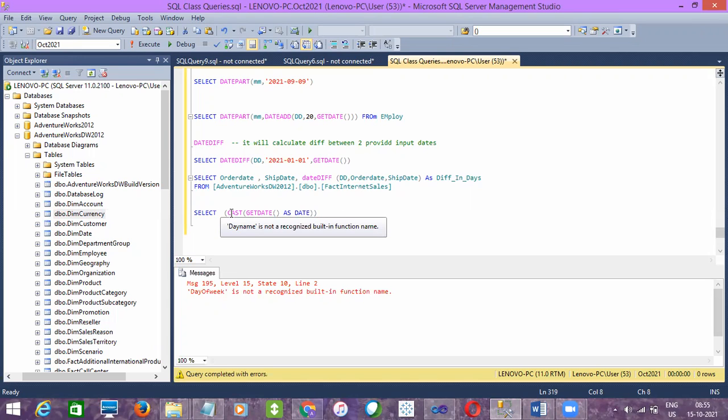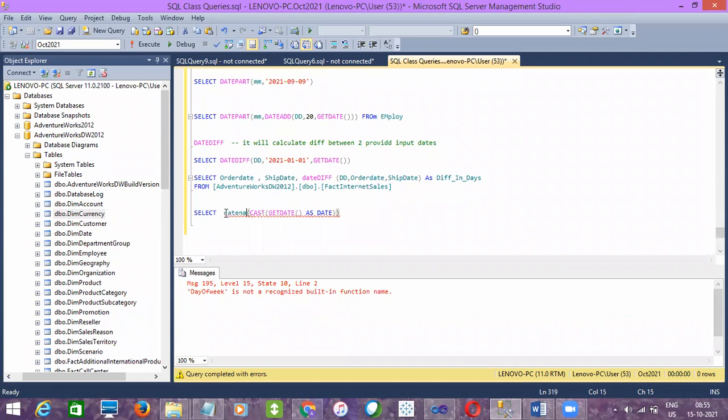Date part, date add, date diff. I hope we can use date name.